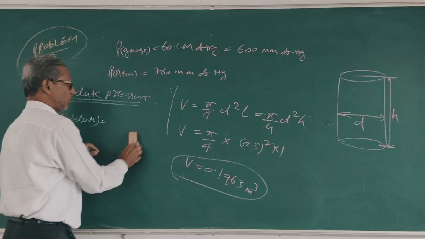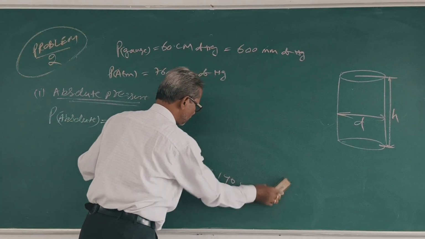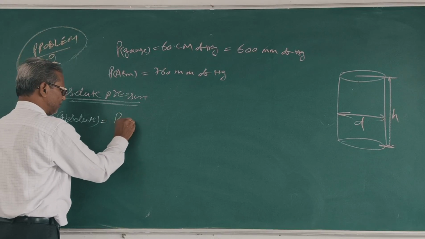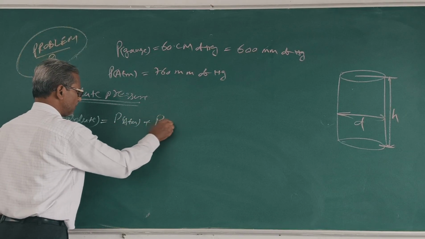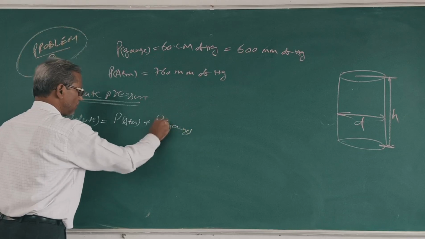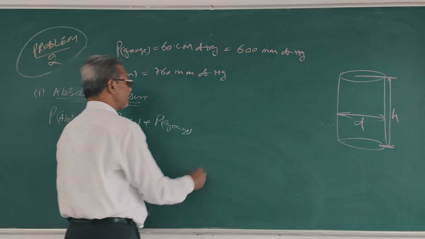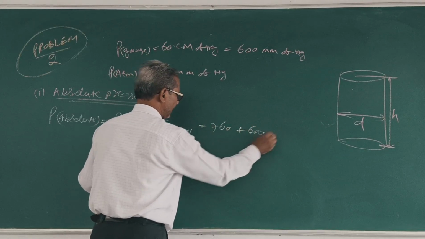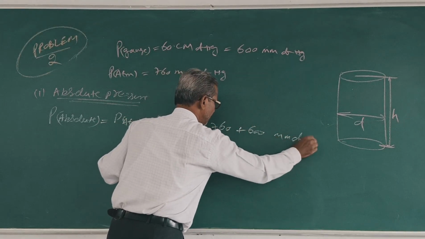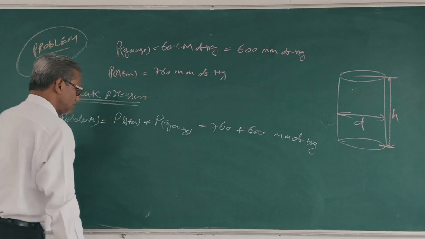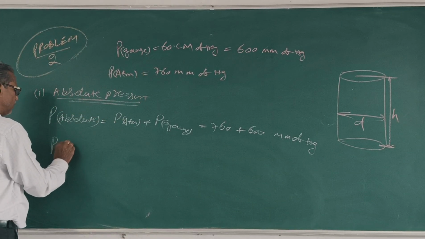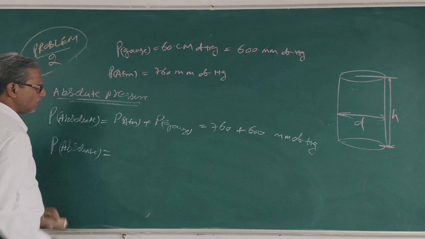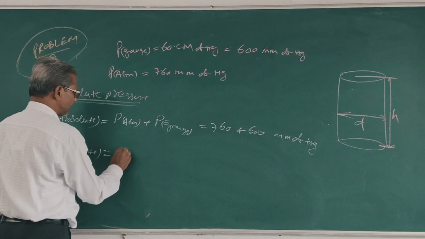P absolute is equal to P atmospheric plus P gauge. P atmospheric is 760, plus 600. Clear? mm of Hg. So P absolute is equal to 1360